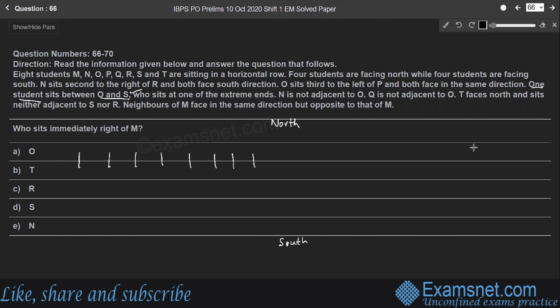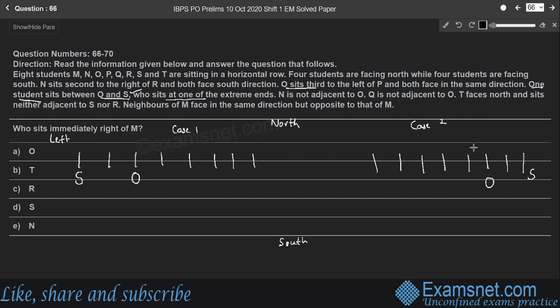That means S can sit at the extreme left end or S can sit at the extreme right end. Therefore, we have two cases, case 1 and case 2. In case 2, S sits at the extreme right end, right? And one person sits between O and S. In case 1, position of O will be here. And in this case 2, position of O will be here. Right? So remaining students are 1, 2, 3, 4, 5. Totally there are 8 students. Right? And the next point